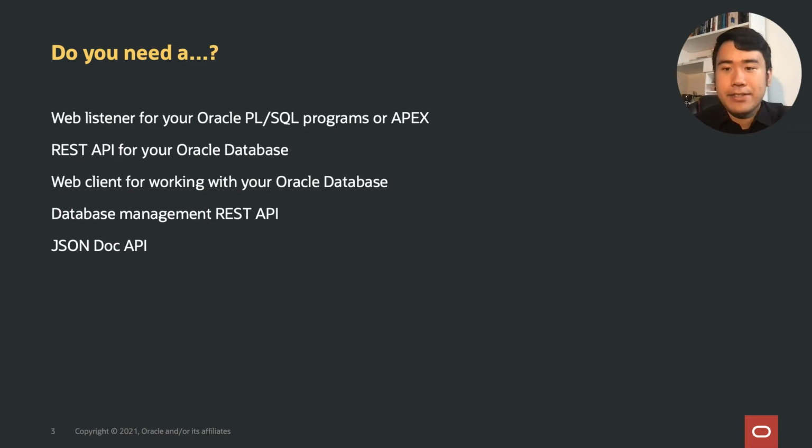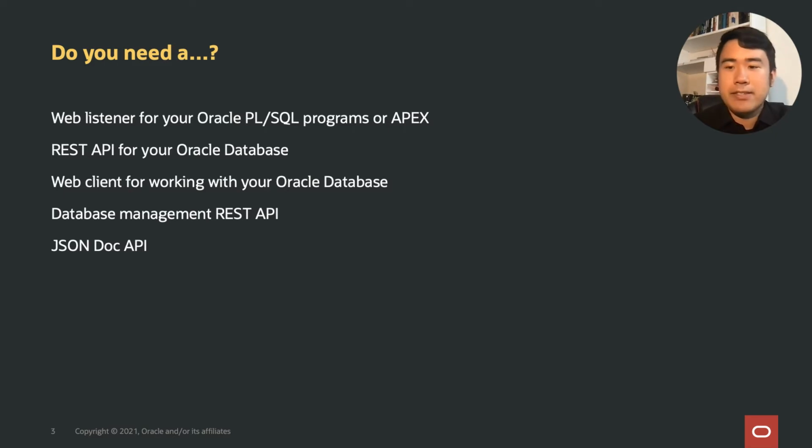ORDS started out as a web listener for database and for PL/SQL APIs. So if you have a procedure or a function that will result in HTML being printed as a return, ORDS will take that HTML and bring it back to your client. And it also allows you to call those programs via HTTP. Now, ORDS has evolved to be more than just a web gateway for PL/SQL. We now allow you to host full RESTful web service for your Oracle databases. Basically, if you want to perform put, get, post, delete actions in and out of your database, Oracle REST Data Service makes it simple and possible.